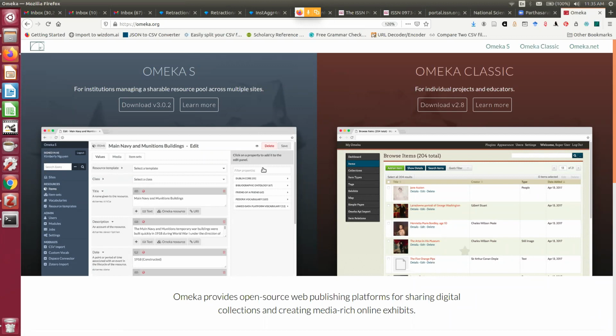So what we need to follow to install any LAMP-based project: first, you need to download this particular software. After the download is over, you have to create a database inside MySQL.